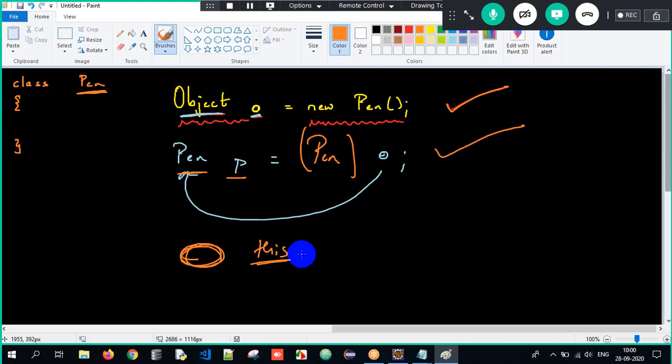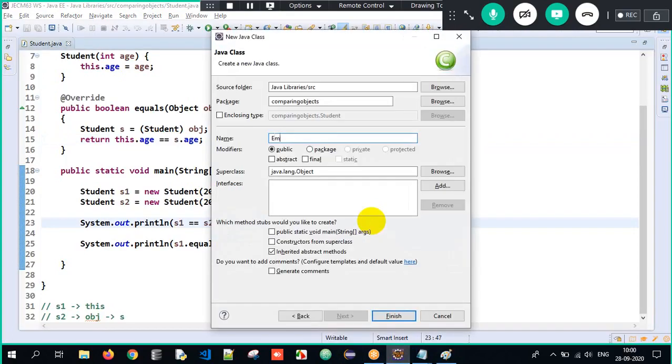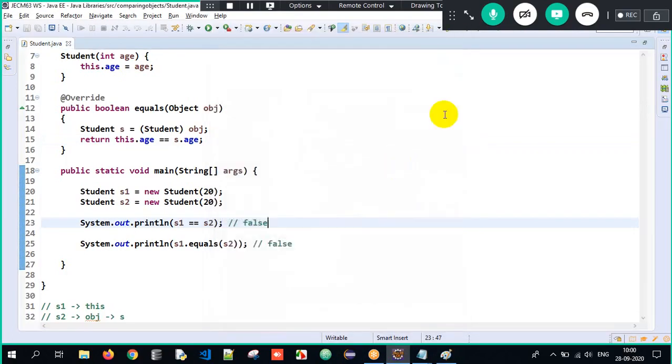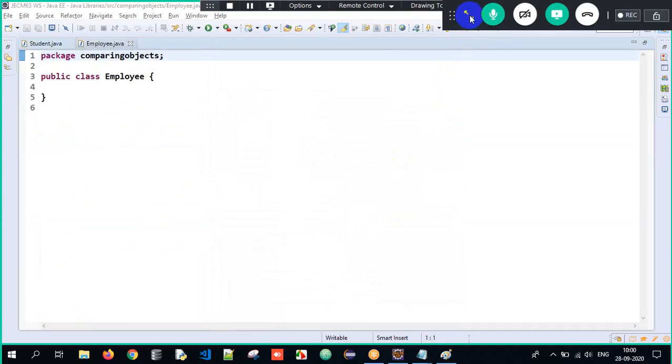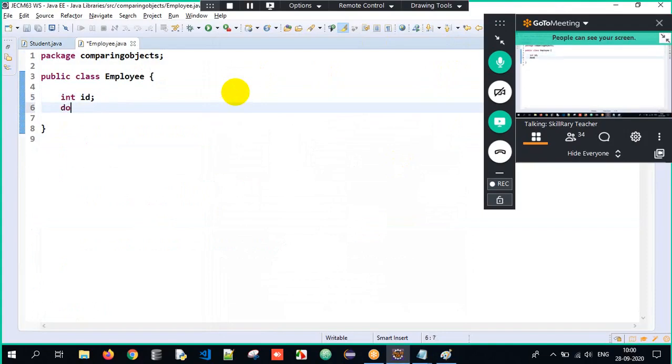Got it? Understood? So can we see one more good example over here? Okay. So now Ctrl+N. I will create a class called Employee. Here each and every employee will have an ID and each and every employee will have a height. Correct? Now I'm just doing it for our understanding. Every employee will have a property called ID and another property called height, and their respective data types are int and double.